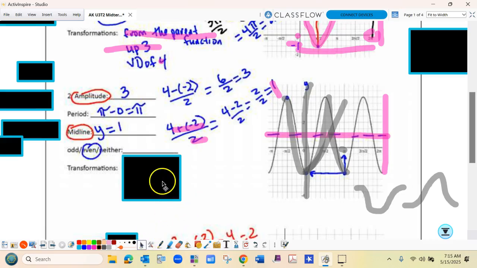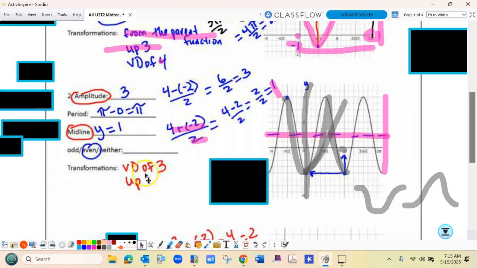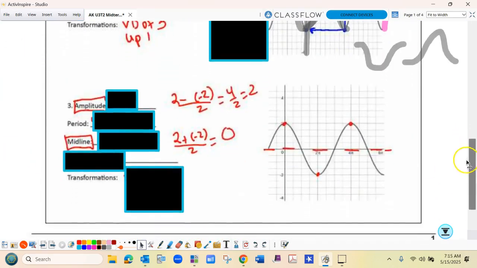The amplitude is 3, so that's the vertical dilation. And because our midline is 1, it's translation up 1. Remember, these transformations in the video, they're not including the reflection. There is a reflection. This curve is a little easier for number 3 because it's a right-sided cosine curve that